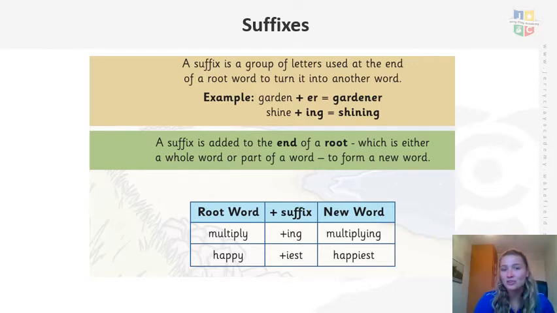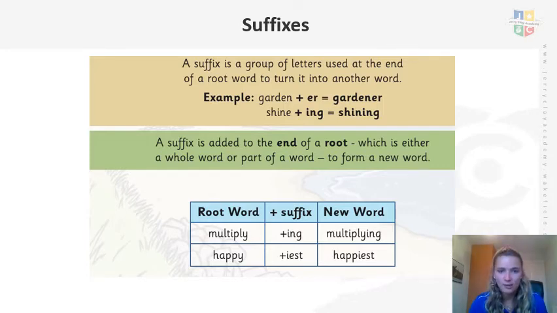So a suffix is a group of letters used at the end of the root word to turn it into another word. So for example, if you have garden, if you are a gardener, you put er on the end, that is the person that does the gardening. Same with that, if you put ing, gardening, that's the action that you're doing. Shine, if something's shining, it obviously means it's bright, it's sparkling,